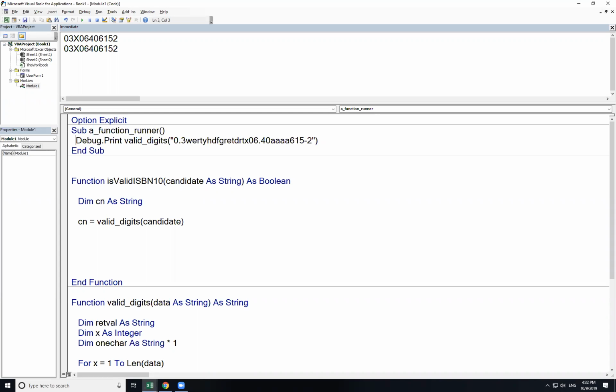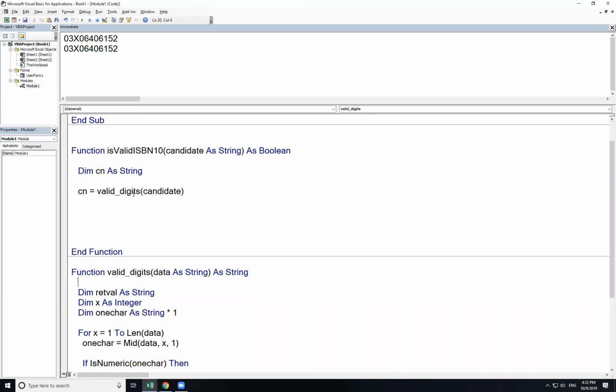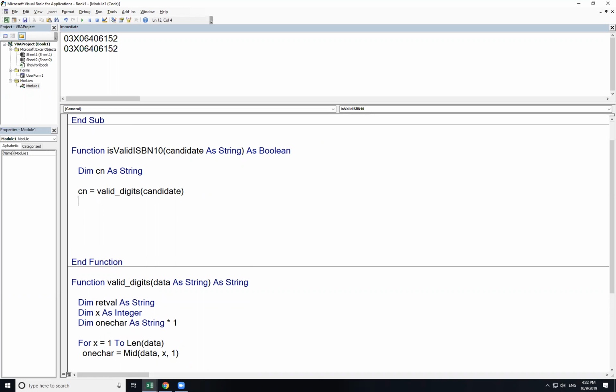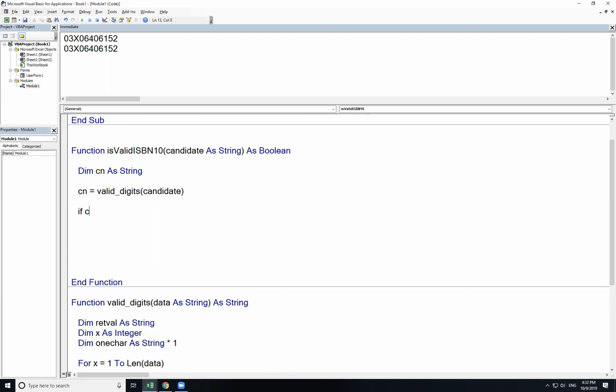Oh my gosh, we have less than 15 minutes and we haven't even really started the function yet. Okay, we better get busy. So this is going to make our lives a lot easier. I think the initial thought was, if our candidate number, CN, is not 10 digits, we're done. So I'll just do that. If the length of CN, because we're capturing back the value that comes back from valid digits into this variable CN, if that length is different from, so that's how we say not equal to, 10,